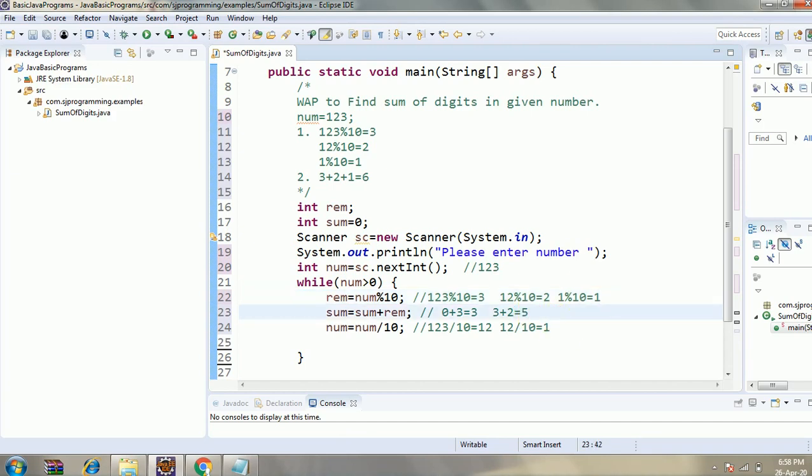Then sum plus remainder 1, what will be the answer? 6. Here number is equal to number divided by 10, 1 divided by 10, what will we get? 0. This 0 will again go in the while loop, so it will check 0 is greater than 0. No. So it will come outside the while loop.